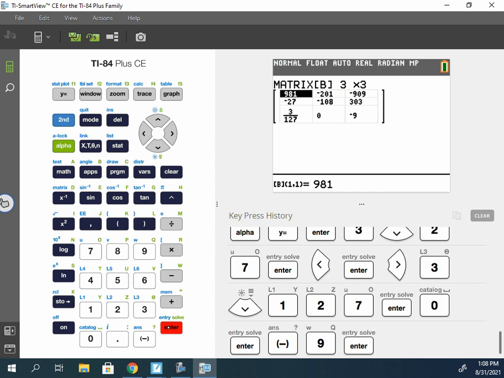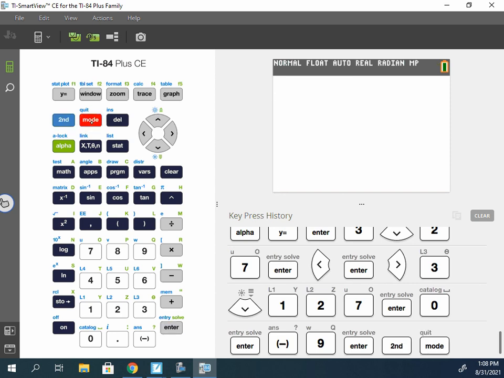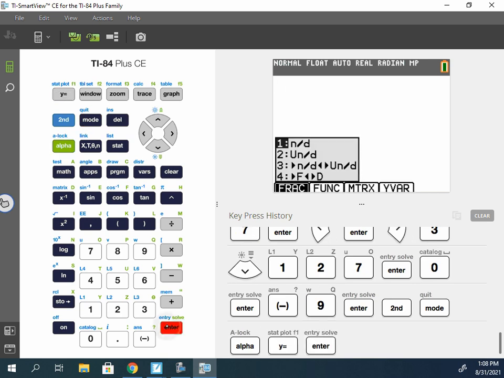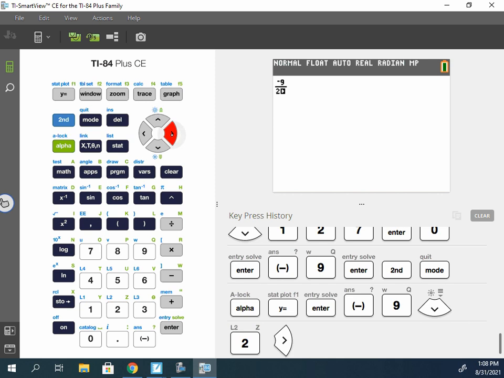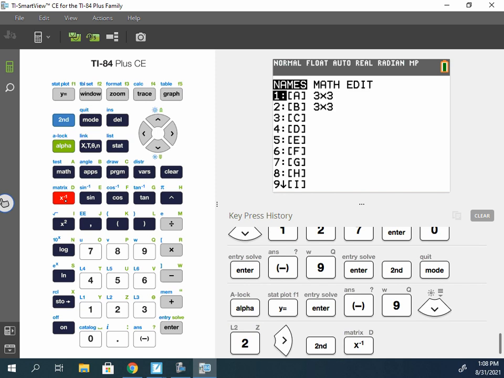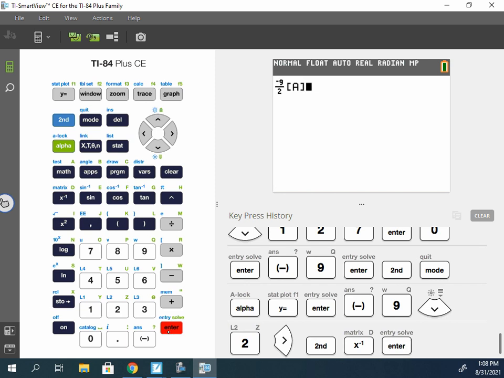So I'm going to go second quit. Now, the problem that I wrote up there, alpha y equals enter, was negative 9 halves, because that was our scalar for the first matrix, yes? And I identified our first matrix as matrix A, yes? So we can go second matrix and hit enter. So now it's saying negative 9 halves times matrix A. And then we subtracted from it